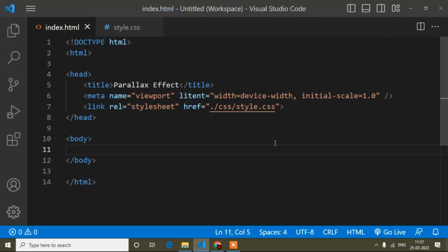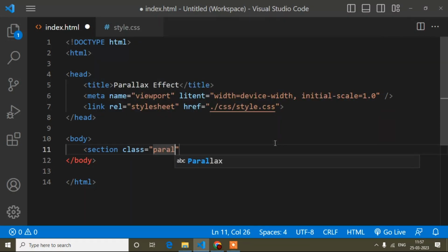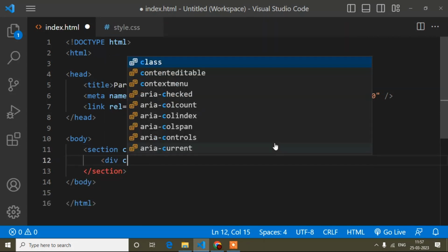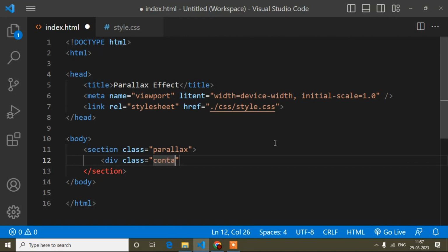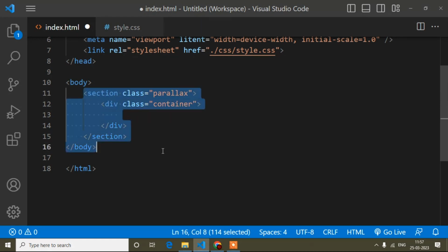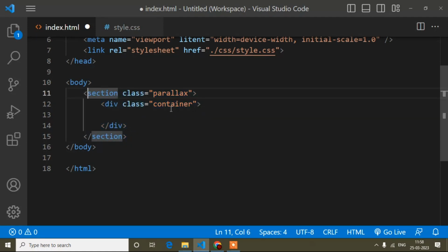First of all, here I will write one section with the class name parallax. Now inside this section I will write one div with the class container. Inside this container I will write our code. Actually, those are not mandatory. If you are creating a parallax effect, those things are not mandatory, but